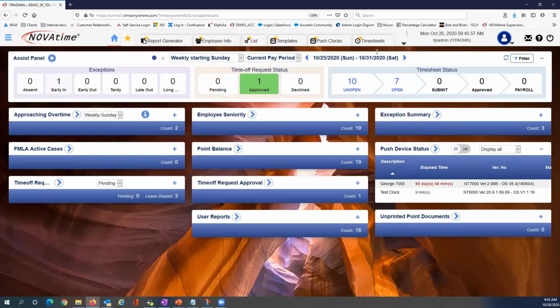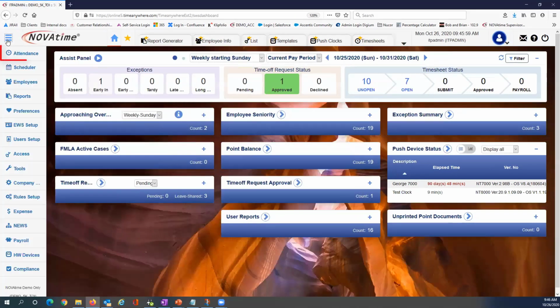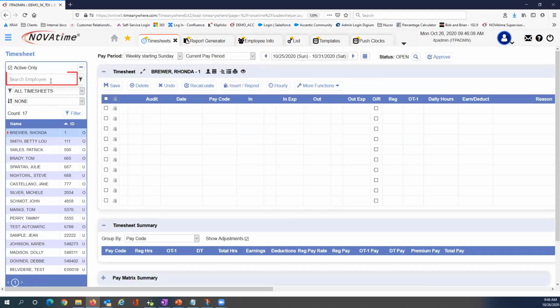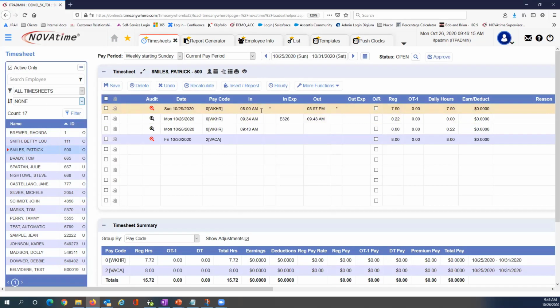Go ahead and log in as the admin. Go over to the timesheet, bring up my employee 500. You can see my punches here. So if I click on the audit trail on the timesheet, this little black magnifying glass here,